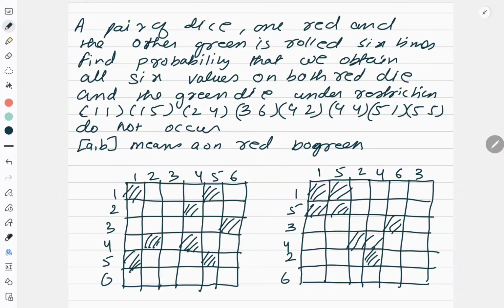So the best option is that you can swap the rows and columns. See, if I change the arrangement, earlier it was 1, 2, 3, 4, 5, 6. I made it 1, 5, 2, 4, 6, 3 and here also 1, 5, 3, 4, 2, 6. So what happened? All these forbidden positions came close. So now I can see 2 different boards which are not overlapping each other. So I can apply the product rule very easily. So this is how you can also reduce the question and save a lot of time.